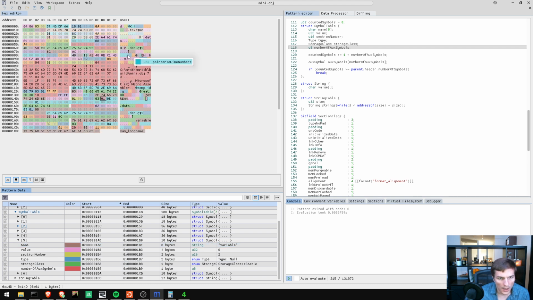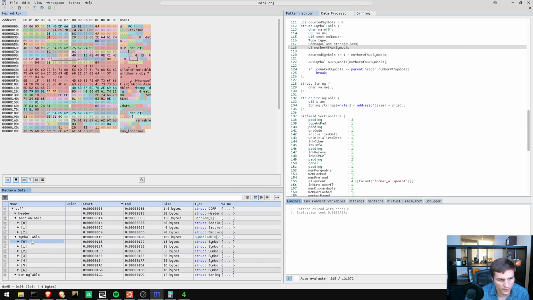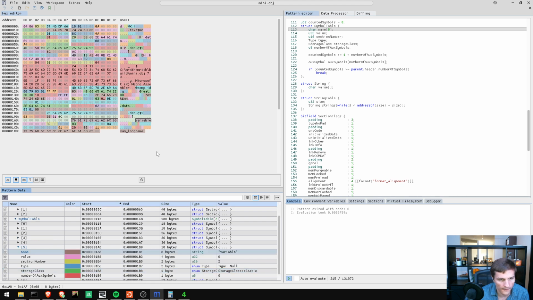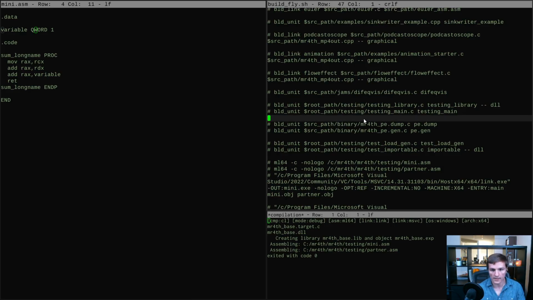And yeah, so the goal of this COFF relocation is to take these 4 bytes and point them at this symbol right here, the variable one, which happens to be the first thing in section number 2. Okay, cool. So our goal will be to match that in our generated object file. I only have a few minutes left, so I think I will wrap it up here, and we'll start tomorrow with actually specifying